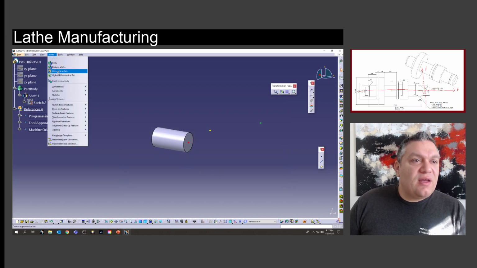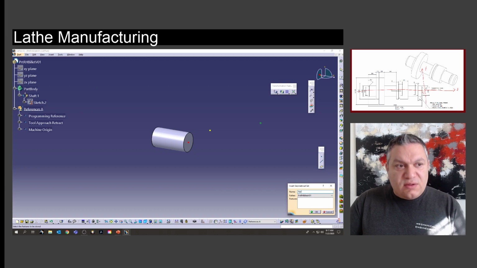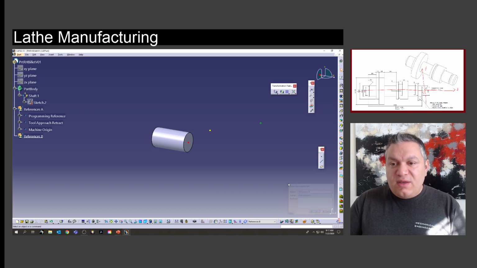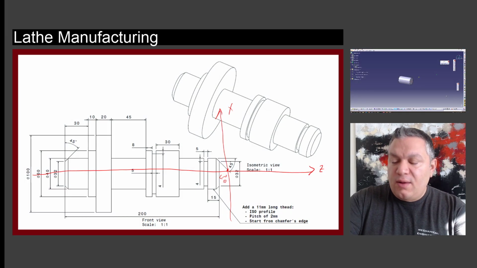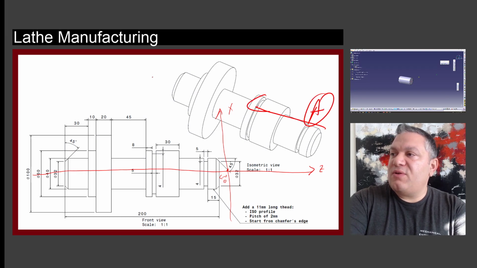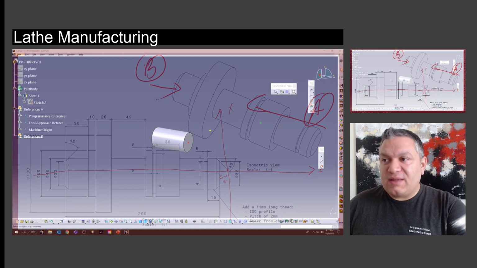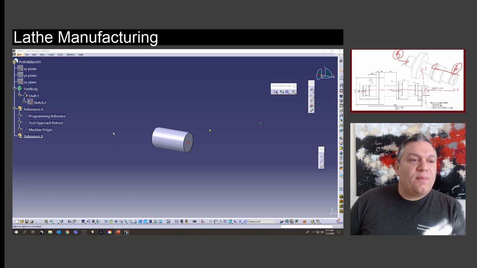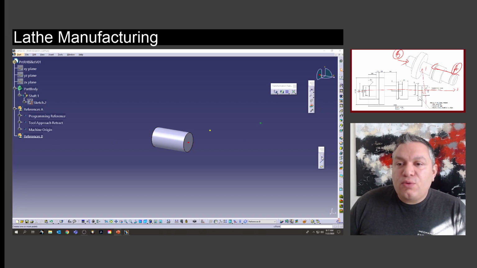We're going to create a new geometrical reference. So we're going to call this references B. So once again, this is A. We're going to come to do this manufacturing. This is B. We're coming to do the manufacturing from that side. So this is what's going on. And we're going to create a point on the